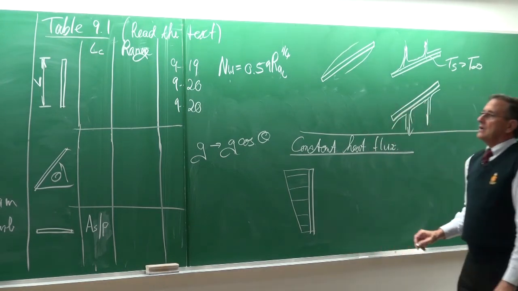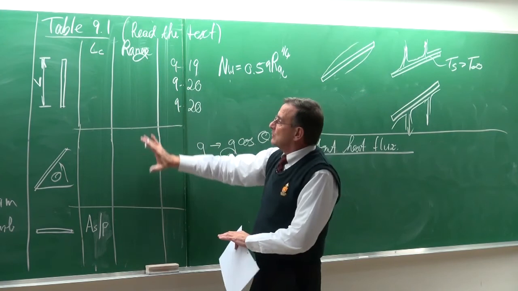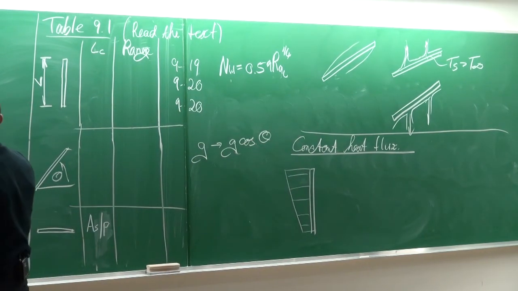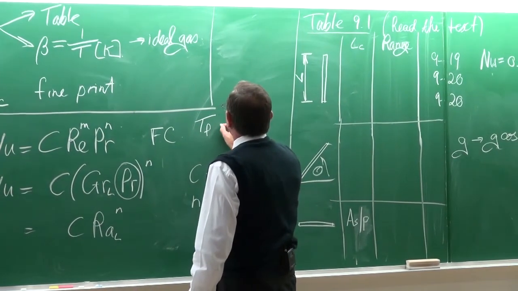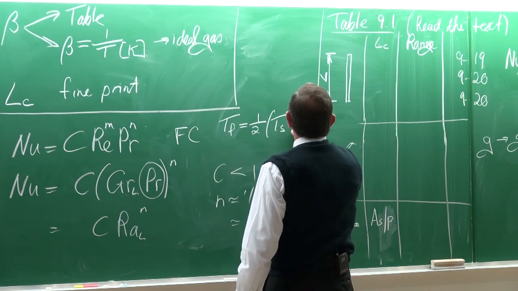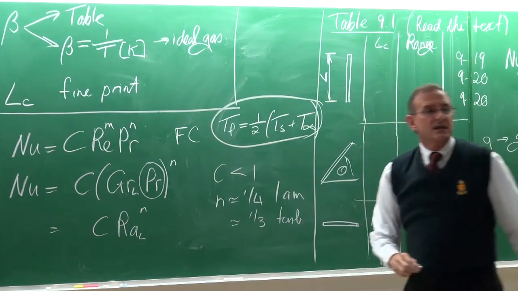Now if you read these tables and the text, it actually tells you that all the properties should be at the film temperature, which is half of that of the surface and the free stream. So all the properties at